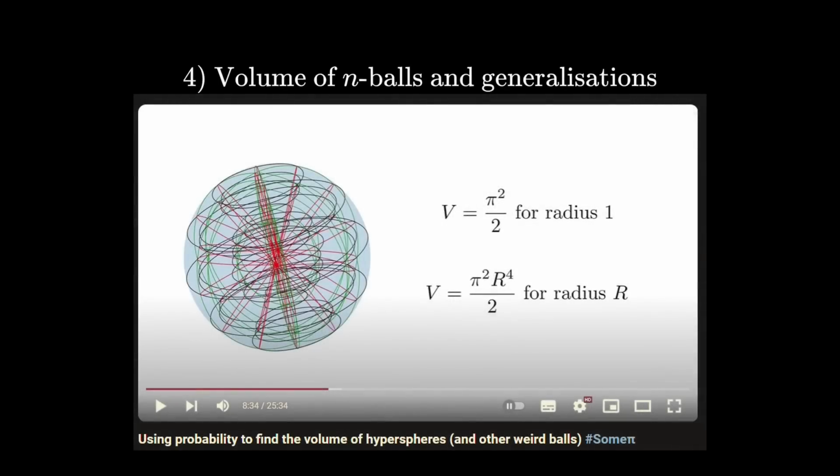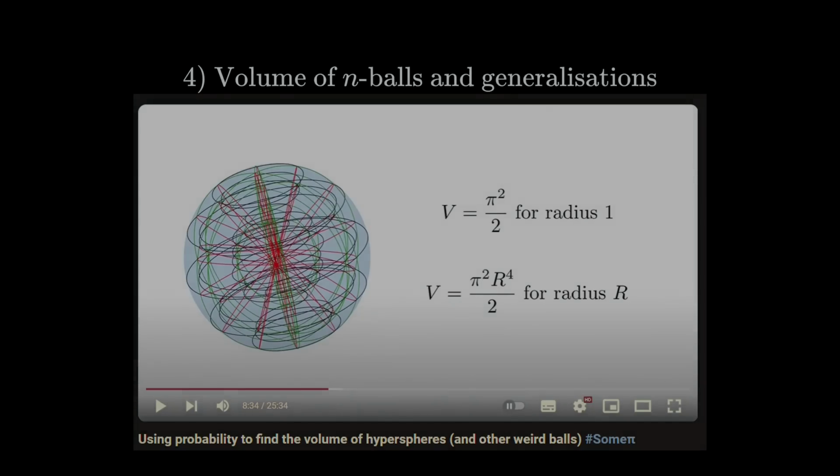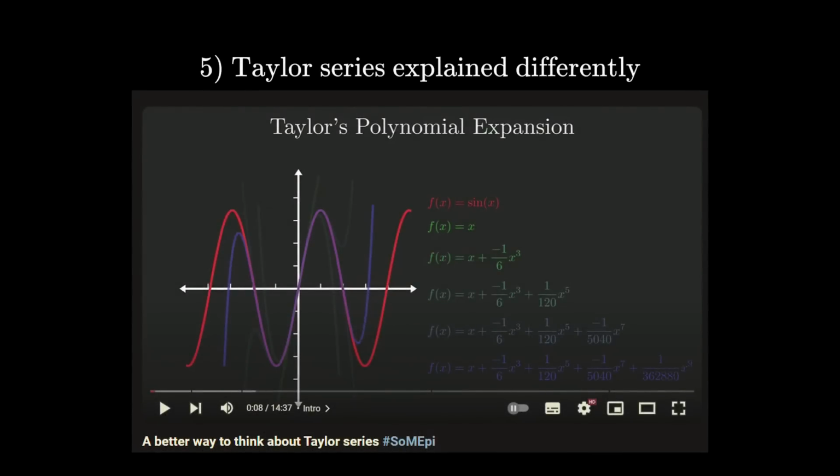Similarly, this video gives a good probabilistic argument for why the volume of a 4D hypersphere has this formula and generalizes it much further. The final video in the top 5 is perhaps the least visual, but its derivation of the Taylor series formula is so novel that it deserves to be one of my favorites. Again, visit the playlist of the videos mentioned because they deserve way more views.